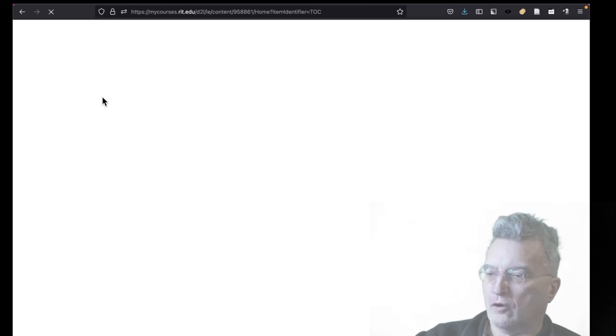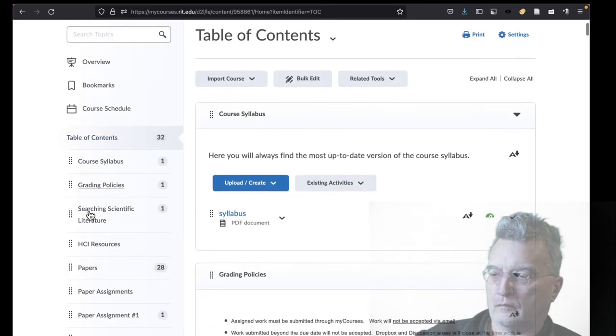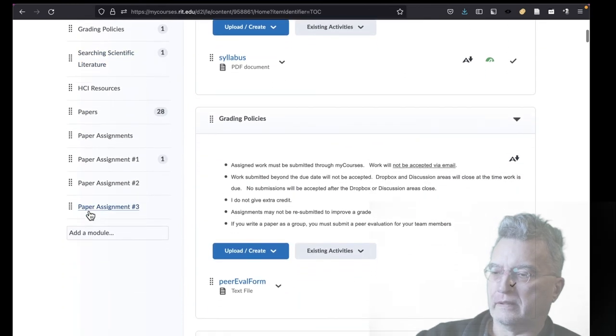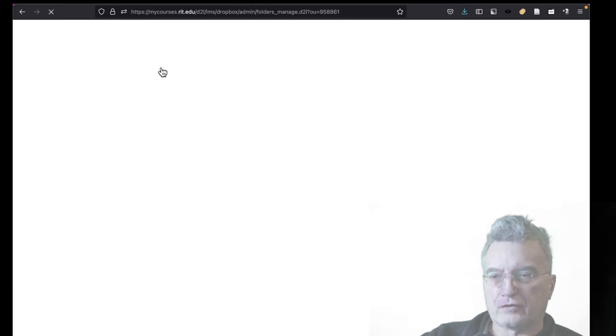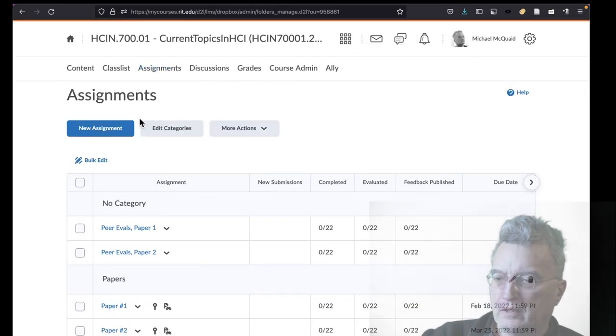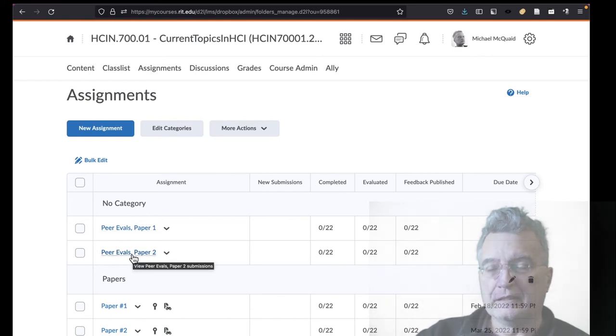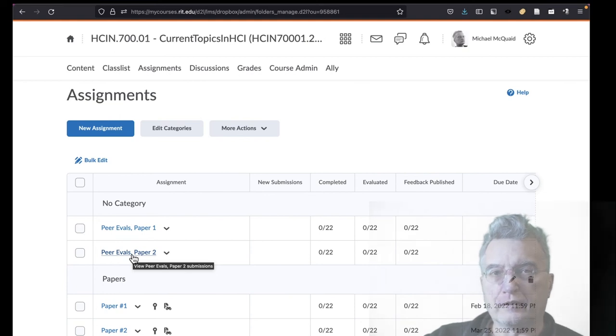Okay, so I think that's all the tabs under content. Let me just make sure. Yeah, that's it for content. So I mentioned the class list, so you can use that to find people to work with. And then the assignments has two kinds of assignments. So the peer evaluation, which are not graded, but which you have to do to get a grade in this course. I won't give you a grade in the course if you are in a group and you don't do a peer evaluation. And that's a real drag for you, because